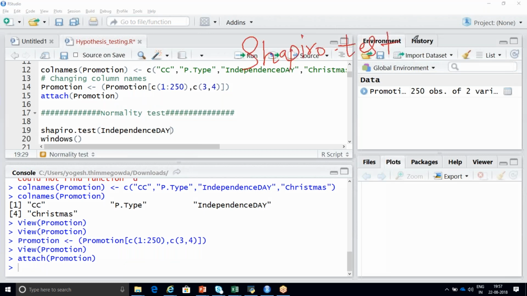If you run this, you are going to get whether it is following normal distribution or not. Shapiro.test is a function to test whether your data is following normal distribution or not.